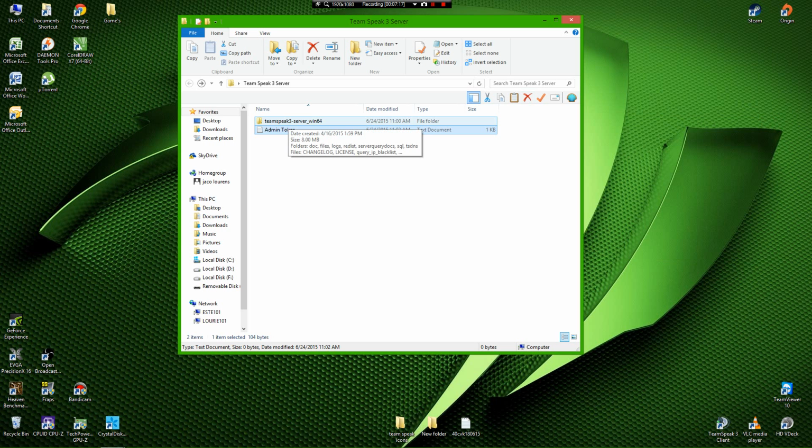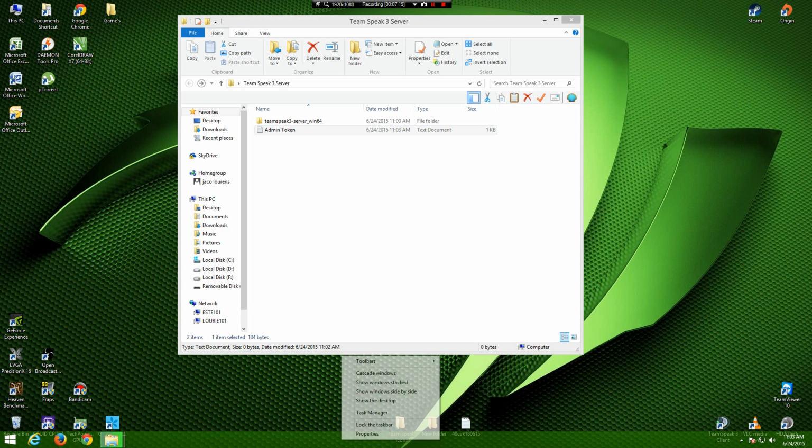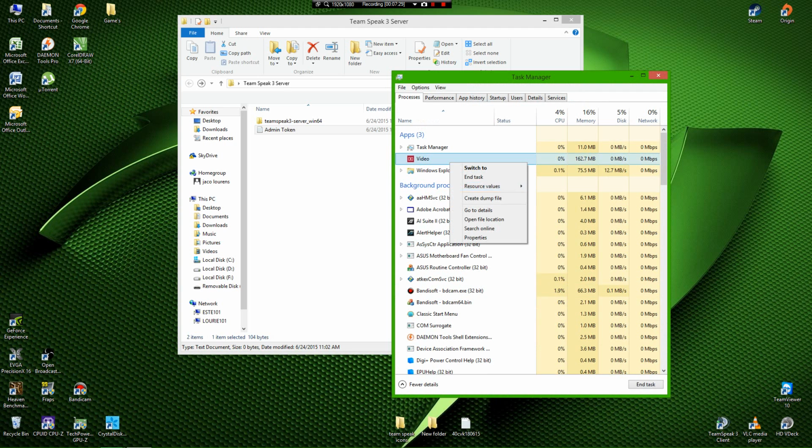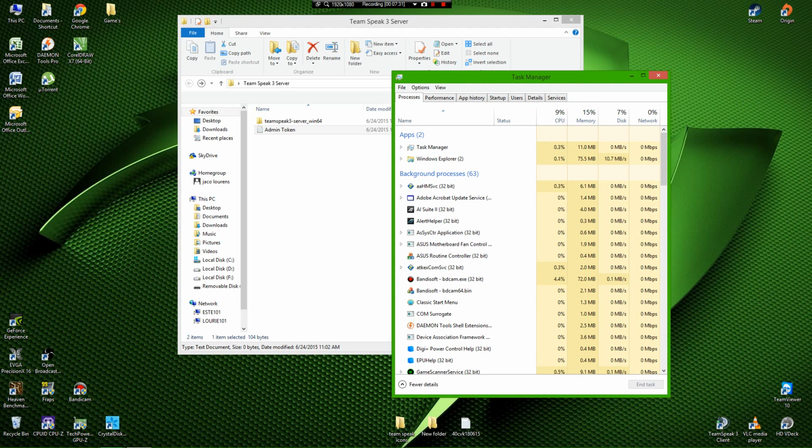Then you have to open your task manager because I'm going to show you quickly something. If someone has a problem with their TeamSpeak, starting to lag, if there's a few people logging into the TeamSpeak, this is your problem. You have to go and make your TeamSpeak 3 exe a real-time